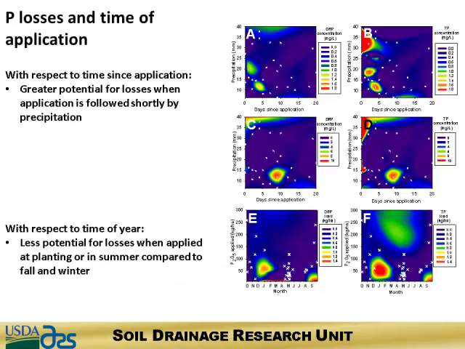Don't try to look at this in depth. It's a busy graph, but this is looking at the losses and the time of application. The top 4 graphs have to do with time since rainfall. And basically what you see is the hotter colors, the greens, the reds, are on the left-hand side and upward, meaning that the higher the rainfall and the closer to the time since application, the higher the losses that we see. Pretty common sense. And that's why we have legislation now that prevents us from applying within 24 hours of